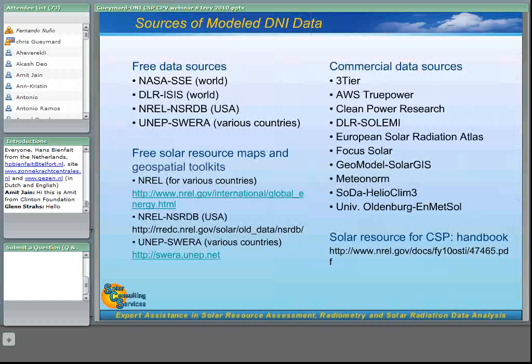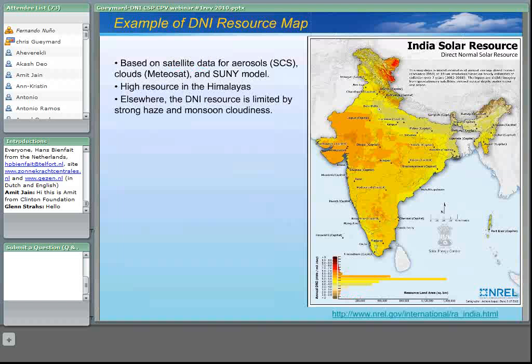And finally, there's a new handbook for solar resource applied to CSP, and this is freely available from NREL. Now let's have a look at a typical DNI resource map. This one has just been released by NREL. We, SCS, provided the aerosol data for that. The cloud data were provided by the Meteosat satellite, and all that was input into the SUNY model from Richard